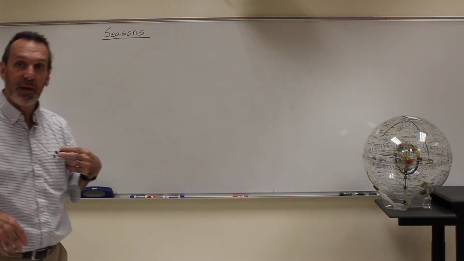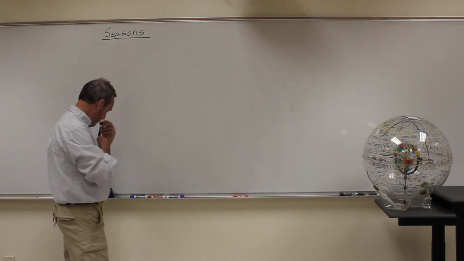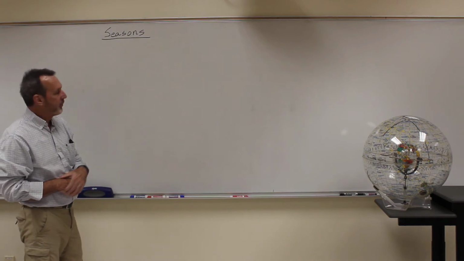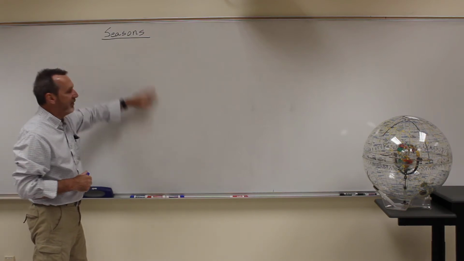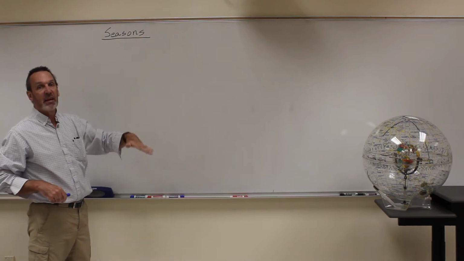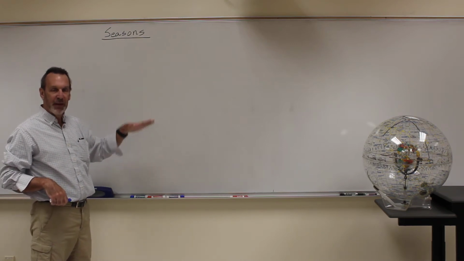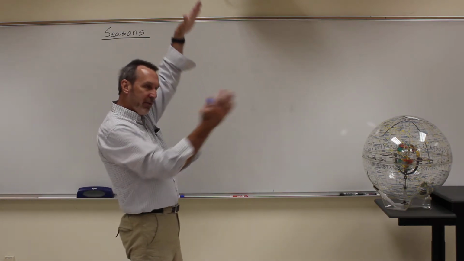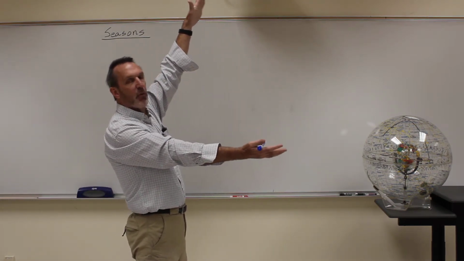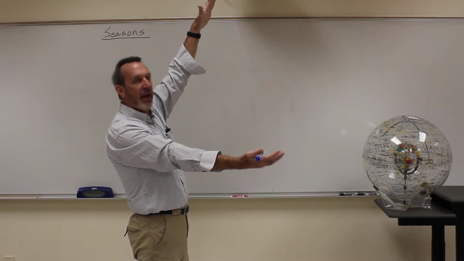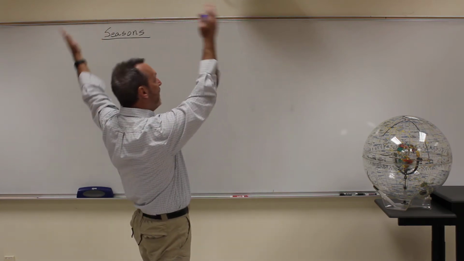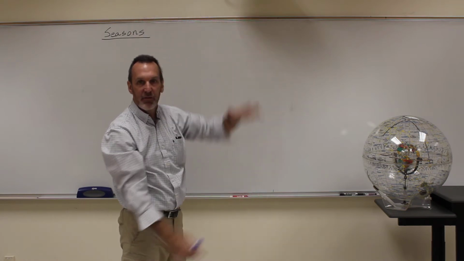All right, we're now going to talk about seasons and why we have seasons. All right, so we know that the sun changes its declination throughout the year from negative 23.5 to 23.5, which means where the sun is in the sky changes by 47 degrees everywhere on the earth. It doesn't matter where you are, it's just where that 47 degrees is in your sky is determined by your